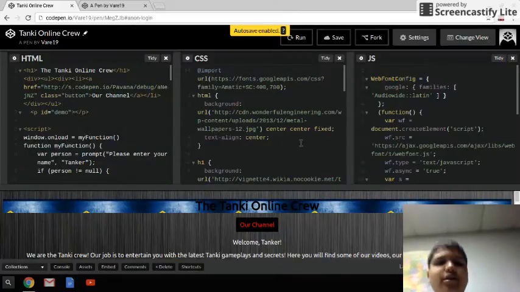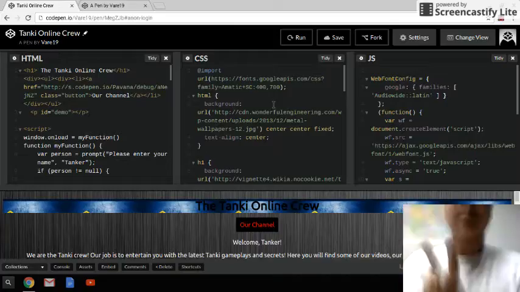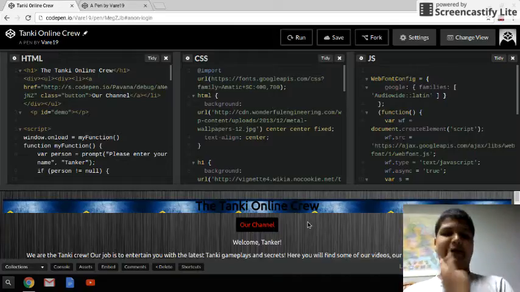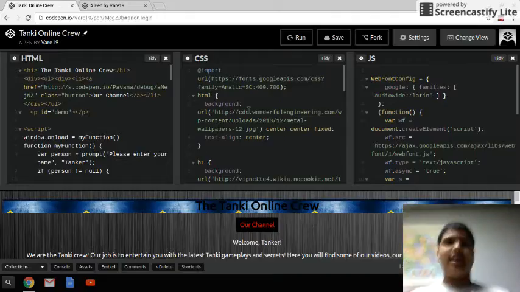Now, the thing you want to have handy is you need to have your fonts in mind. You need to have some backgrounds in mind. And you need to have what you want your website to look like in mind. Now, first thing you want to do is import your fonts. So I'm going to go to